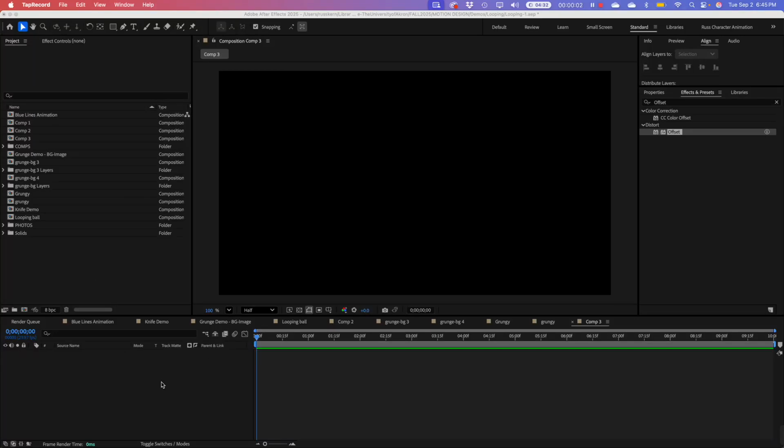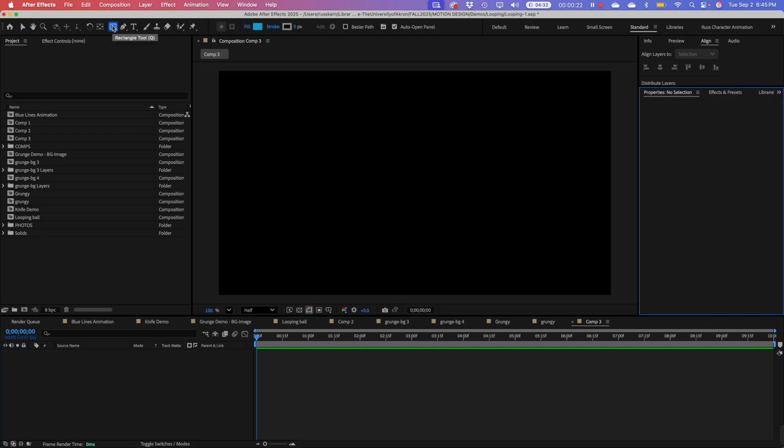All right. So I got a 1920 by 1080 composition that I made, and I'm going to need two compositions to do this, but I got that, and then we will put, I'm just going to draw some shapes. Actually, let's add a